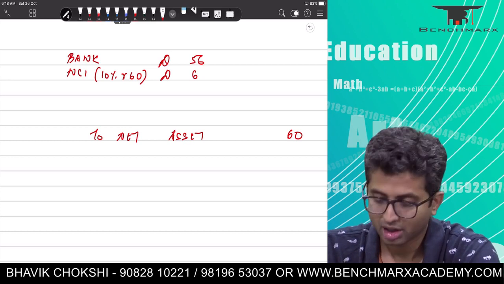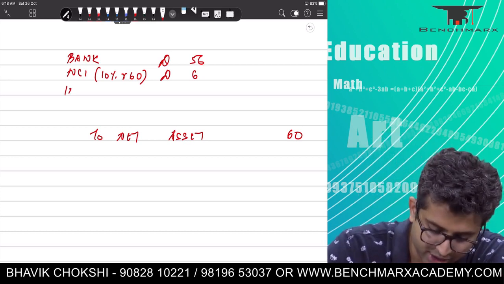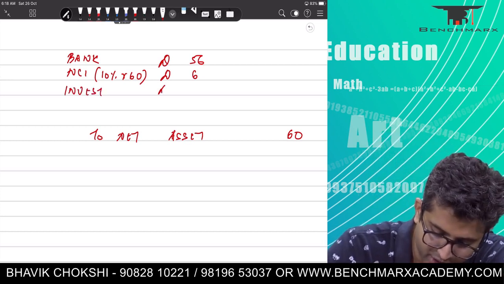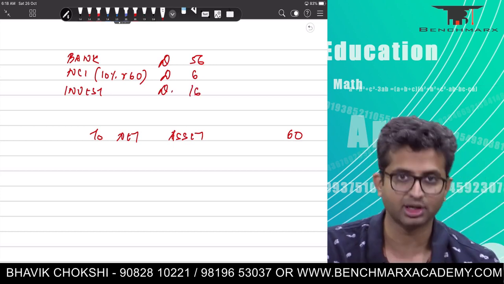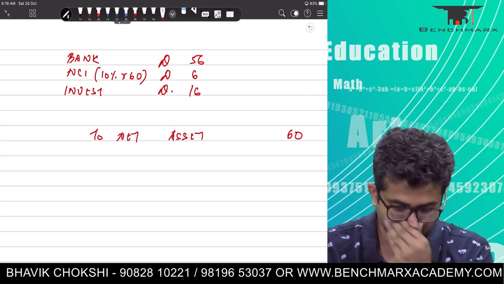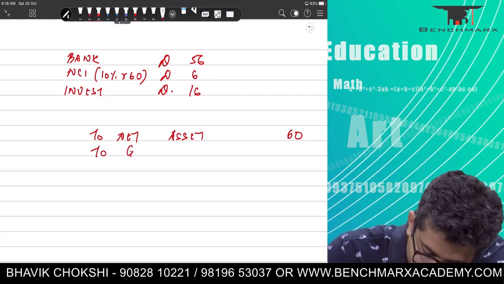Apart from this, you are retaining investments. The question tells you that the fair value of the investment retained is actually 16, and hence you will debit that by 16. After this, you have recorded all the transactions, and hence there will be a gain on sale